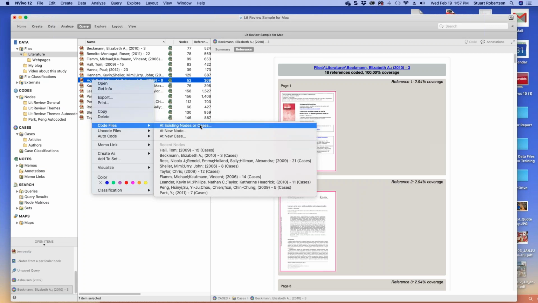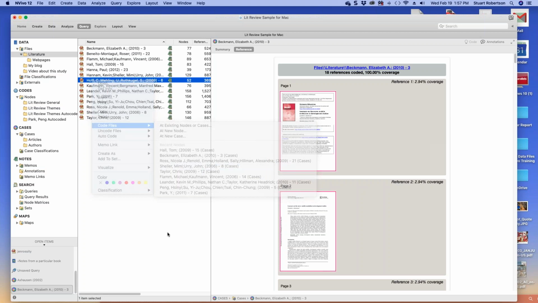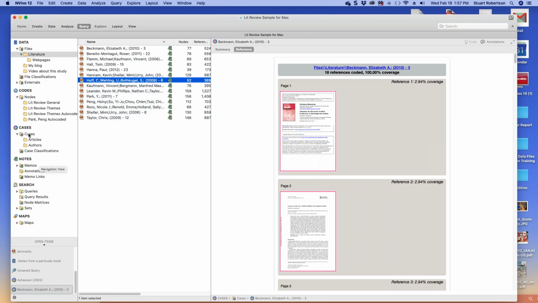So if I'm creating cases from scratch here, I can create a case for each of my articles. If I later bring in another article by the same author, I can code that to the author's case. Or if I had two articles by the same author when I created the cases, I always have the ability to